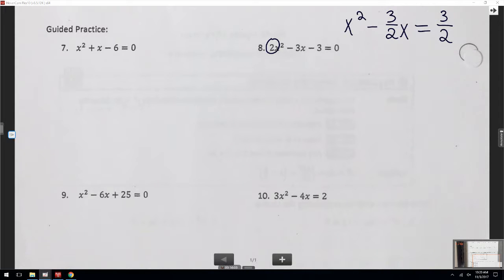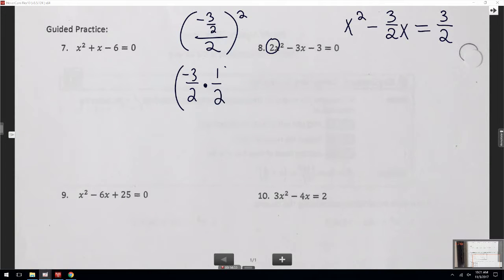What was our second step? Divide the second term. Oh, but it's already divided by 2. So you got to do it again, right? Okay? All right, so we got 2 fractions. You don't want 2 fractions, so keep it switch. And every time it will be multiplied by 1/2 because we're dividing by 2 every time, right? So every time it'll be multiplied by 1/2. So it'll be negative 3 over 4 squared,